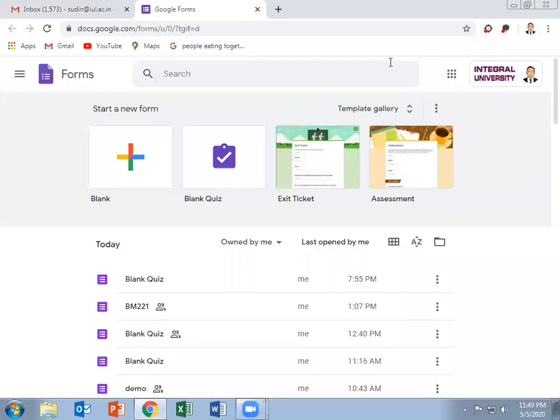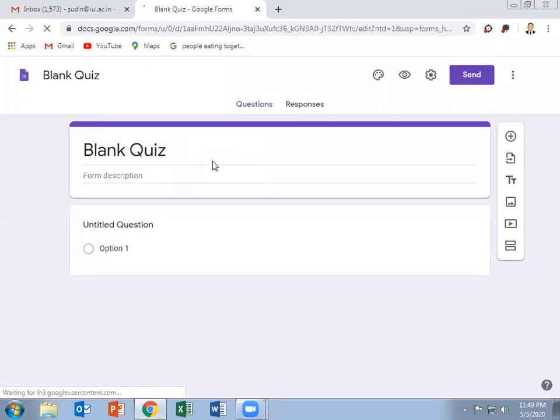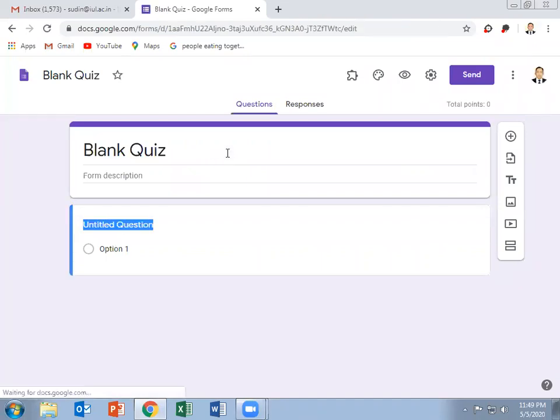In Google Form, we can see different types of templates are given, for example, blank quiz, exit ticket, and assessment. We have to click on blank quiz. After clicking on blank quiz, we'll get a window like this.